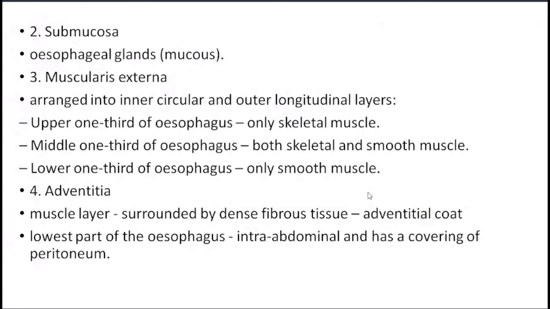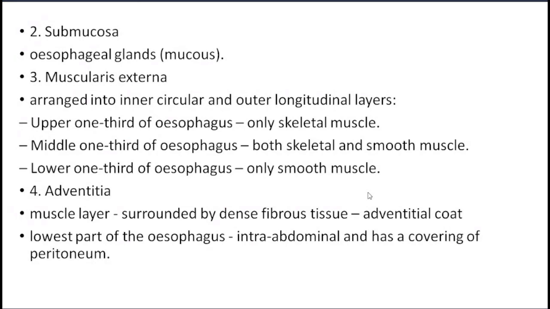Then third part, it is the muscularis externa or the muscle layer. So here the muscle layer mostly consists of the inner circular and the outer longitudinal. We have seen that the muscularis mucosa जो है वो poorly distinct रहता है in mostly esophagus. So lower part में ही prominent रहता है. Muscularis externa, it is a separate part, that is the third layer. Here the fibers are arranged in the form of inner circular and the outer longitudinal.